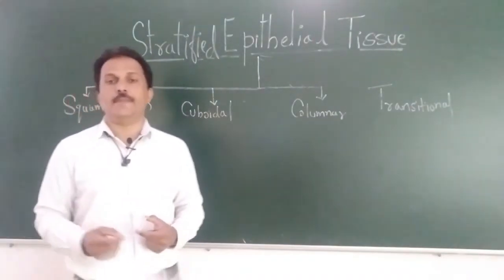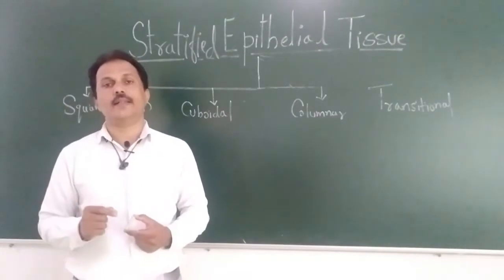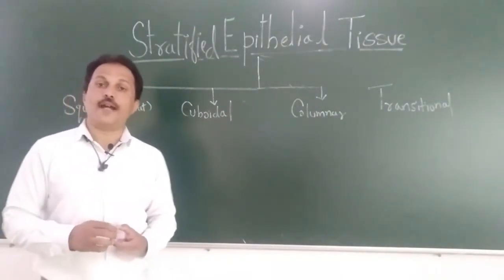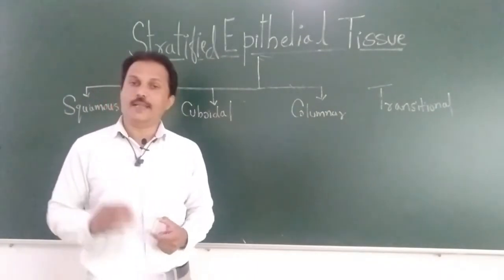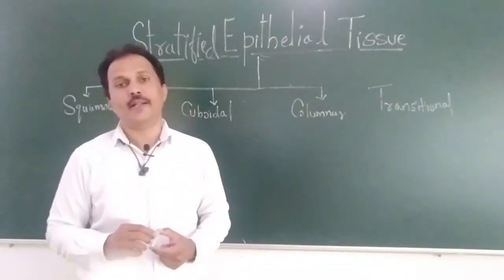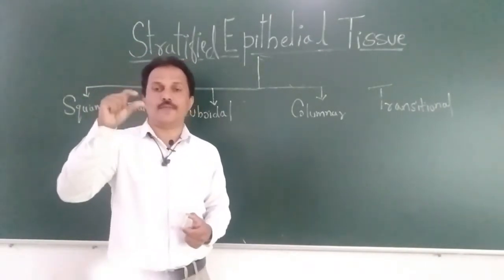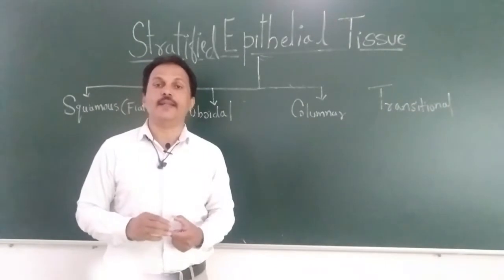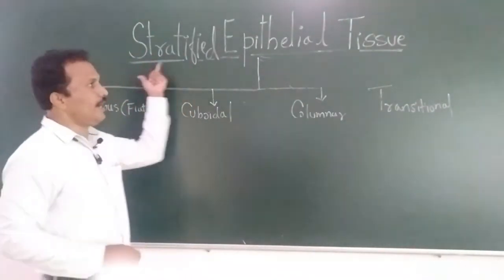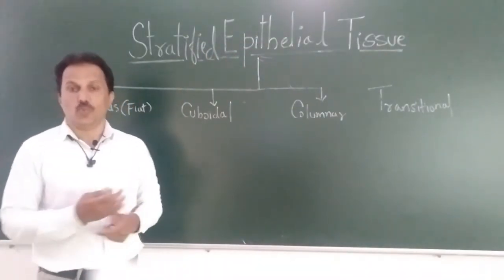We have seen epithelial tissue is divided into two parts. One is simple epithelial tissue and the second is compound or stratified epithelial tissue. Simple epithelial tissue has only one layer of cells placed on the basement membrane. Stratified epithelial tissue has more than one layer of cells placed on the basal membrane, and it forms the epithelial tissue. So when we talk about stratified epithelial tissue, it is further subdivided into